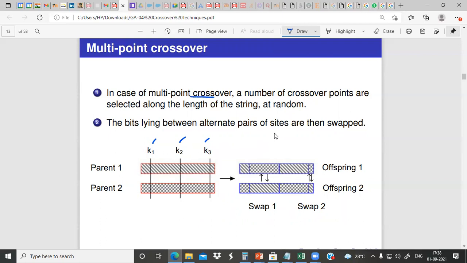In case of multi-point crossover, a number of crossover points are selected along the length of the string at random. So you can randomly select the number of crossover points. The bits lying between alternate pairs of sites are swapped. So, for example,